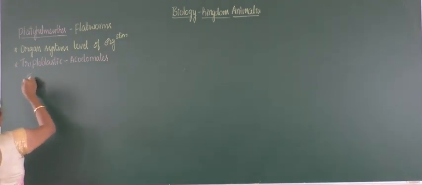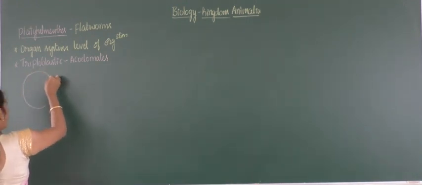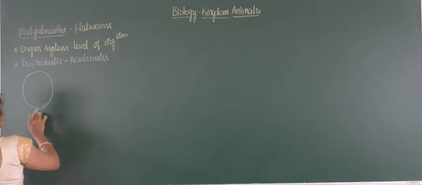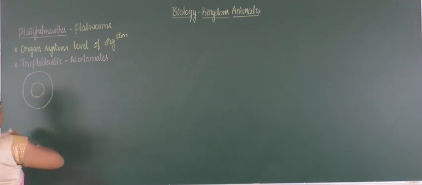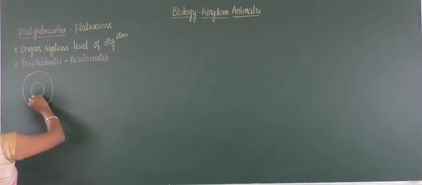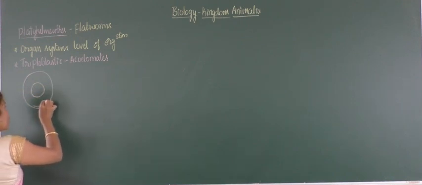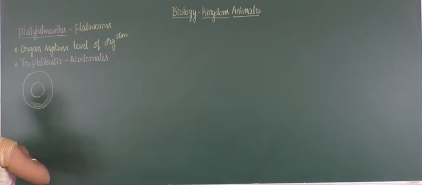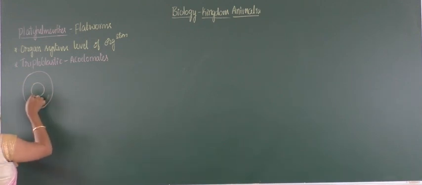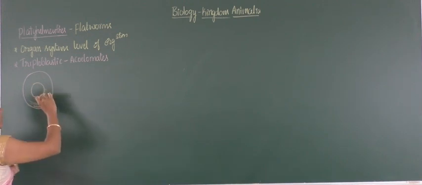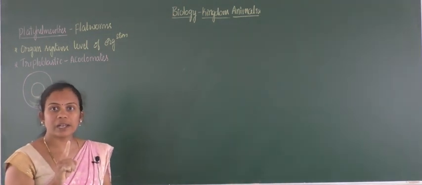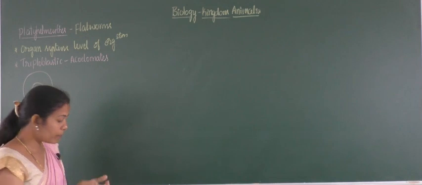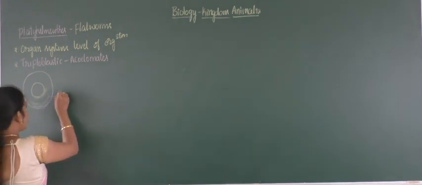So this is considered ectoderm, and inner to this is endoderm. To the outer wall of endoderm, there will be the appearance of a mesodermal germ layer, by the presence of a special type of cells called